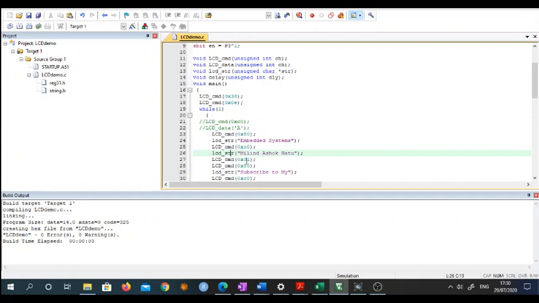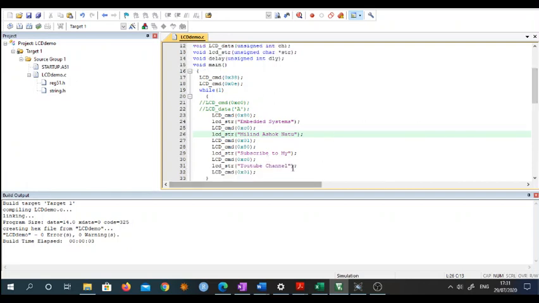And that's why I'm using the next command, 0x01, to clear the screen, and 0x80 again forces the display to start from the first line of the character. So initially I issued two statements as data to the LCD, such as embedded system and Milind Ashok Nathu, my name. Then I cleared the display, and then again I forced the LCD to start writing from the first line. Then I used another statement, subscribe to, and then I am moving again to the second line, subscribe to my YouTube channel.